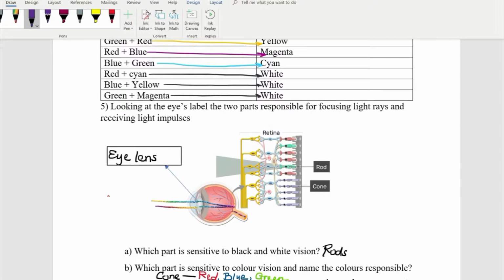So this converging process allows us to receive light impulses, and then the rods and cones,